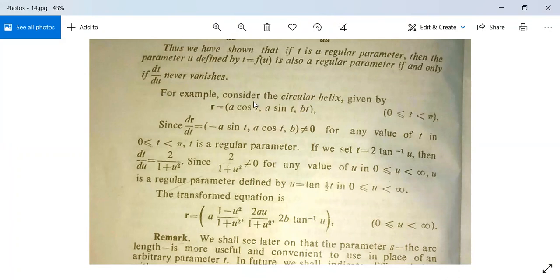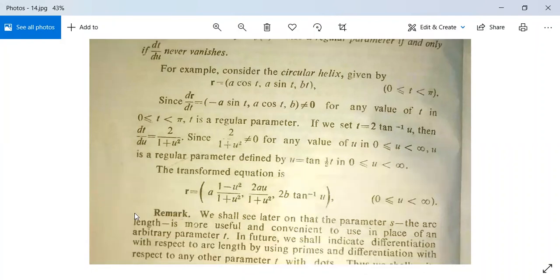और यहाँ पर जो t है, t को बदल देना है in terms of u. Then you will get the transformed equation as r is equal to a (1 minus u square by 1 plus u square, 2au by 1 plus u square, and 2b tan inverse u), where 0 less than or equal to u less than infinity. तो ये कोई कठिन नहीं है, you can do yourself very easily